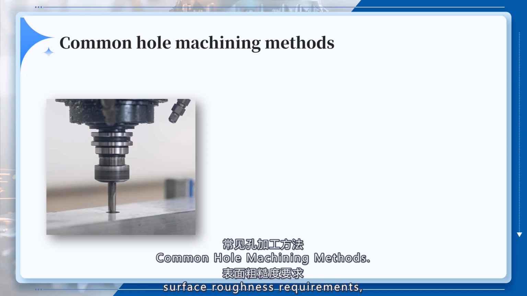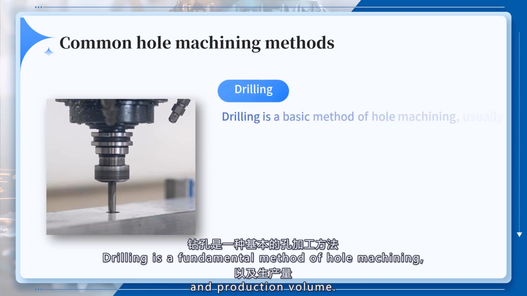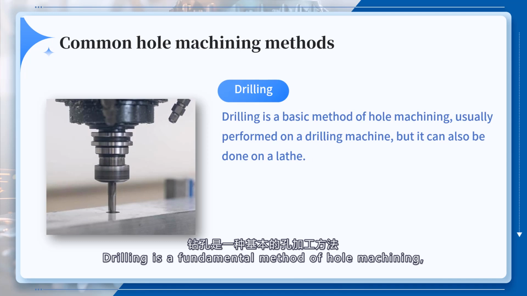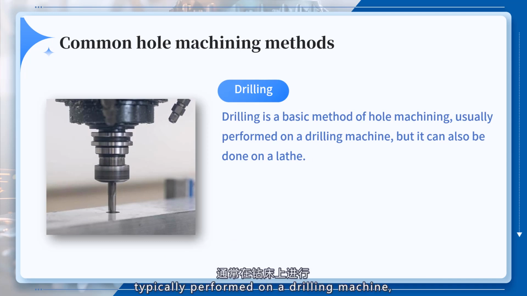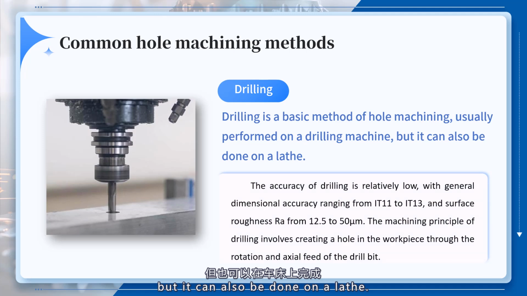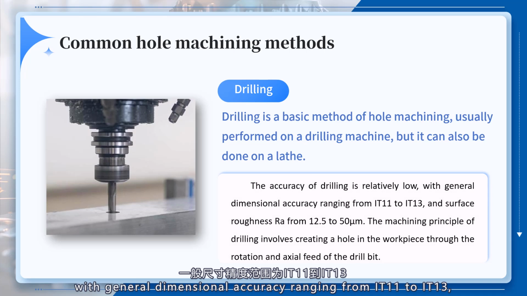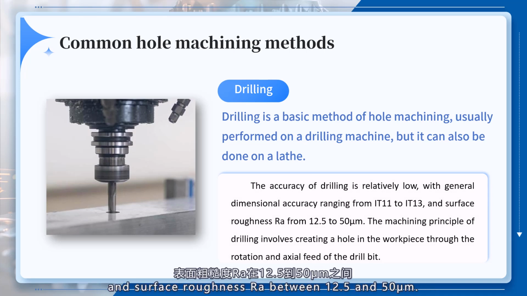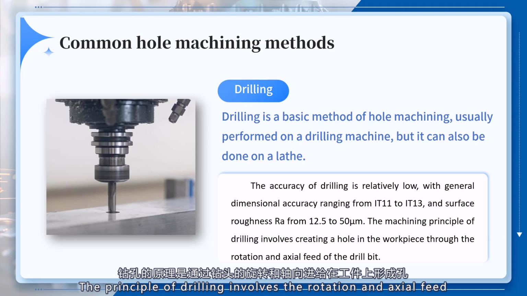Common hole machining methods. Drilling. Drilling is a fundamental method of hole machining, typically performed on a drilling machine, but it can also be done on a lathe. The accuracy of drilling is relatively low, with general dimensional accuracy ranging from IT11 to IT13, and surface roughness Ra between 12.5 and 50 micrometers. The principle of drilling involves the rotation and axial feed of the drill bit to create a hole in the